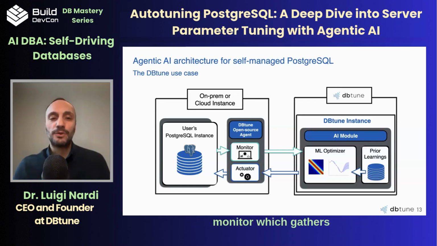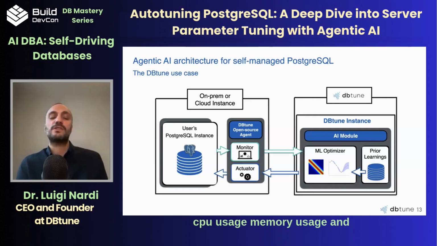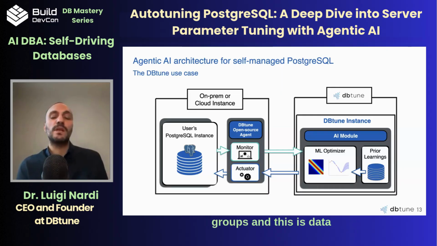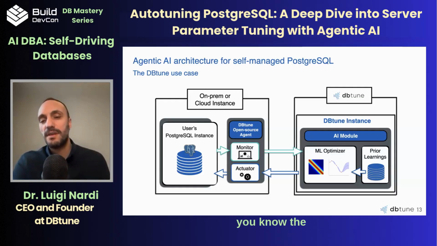It contains the monitor, which gathers performance data with respect to CPU usage, memory usage, and disk, and as well the pg_stat_statements metrics that come from, like, response time for specific query groups. And this is data that is not considered privacy sensitive. It's performance data only, and it goes through the